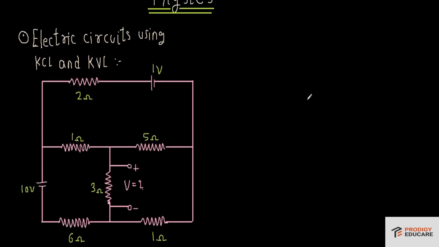So let us begin. First of all, I'll assume that a current of I1 is flowing in this branch. Now say I2 starts flowing through this branch, and from I1, this I2 goes in this branch. So this branch will get I1 minus I2, as we know by applying the KCL, that at this point the net algebraic current entering or exiting must be zero. And after that I'll write say I3 passes through this branch. Now total current entering was I2 and I3 went in this branch, so the remaining current will go in this branch, which is simply I2 minus I3.